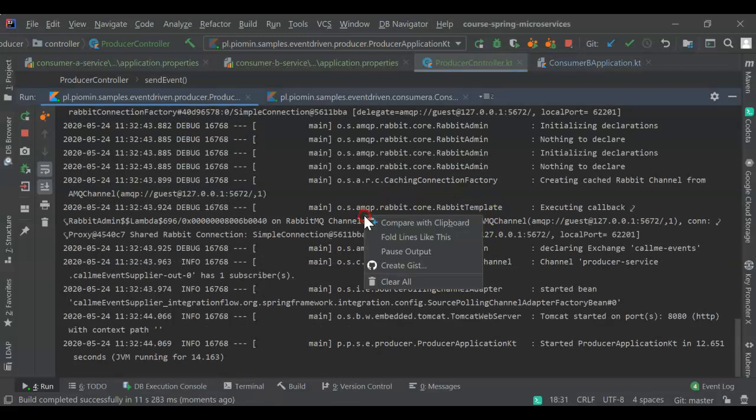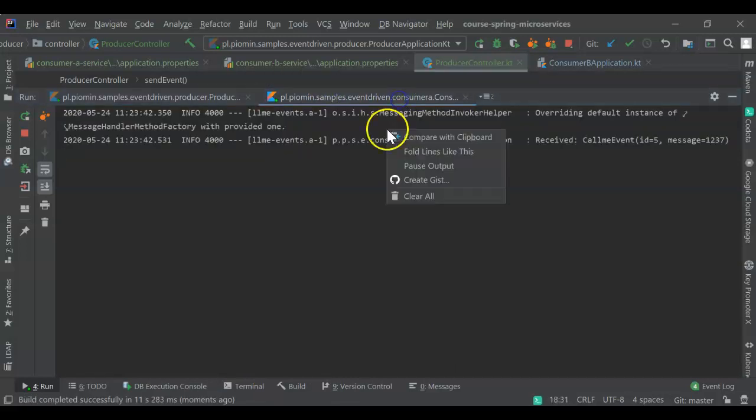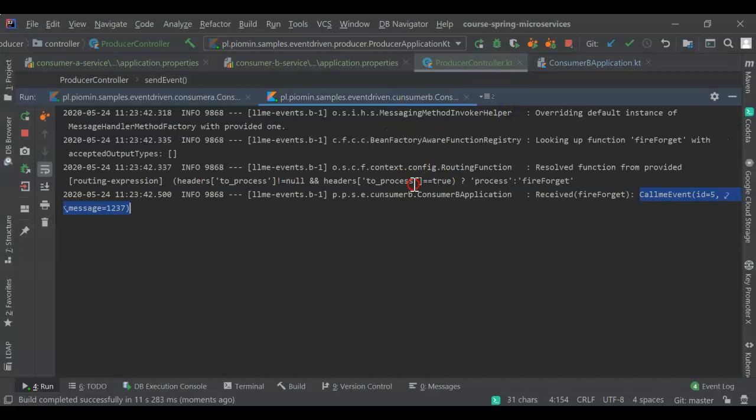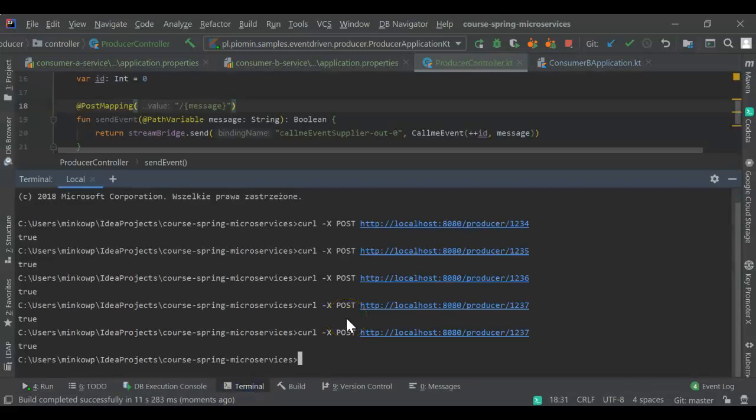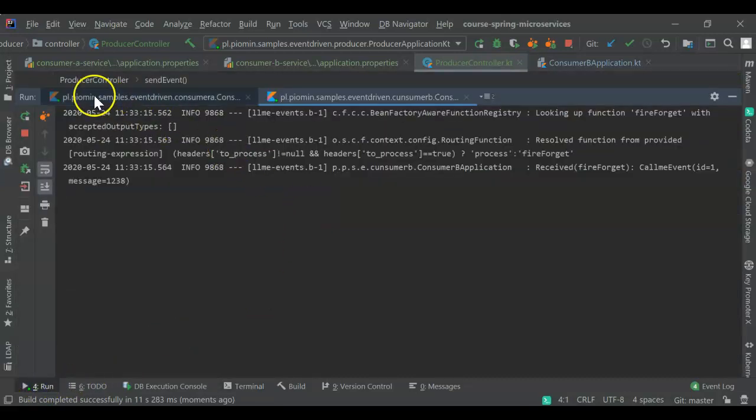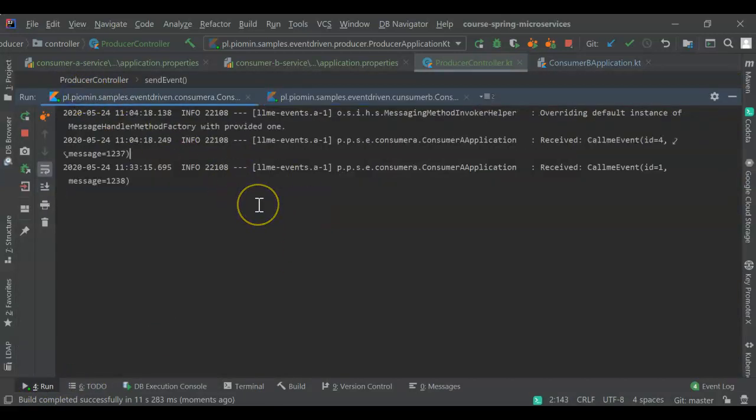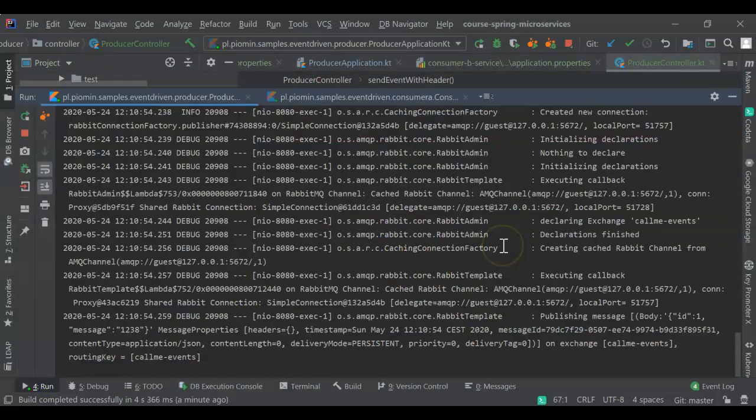Now we are restarting the producer service application. We are clearing the logs once again. And now we can send a test request to the new endpoint with process and a value of the toProcess parameter. In theory, everything should work fine, but unfortunately the header has not been sent on the message by the